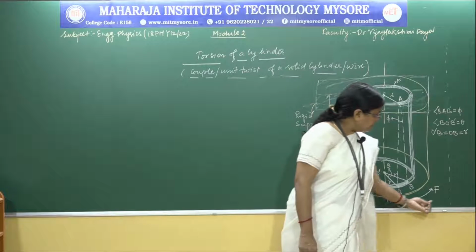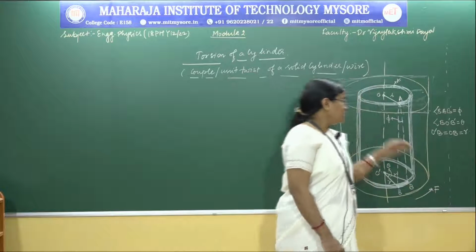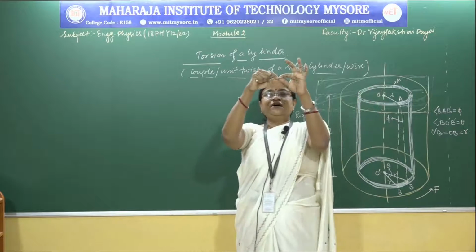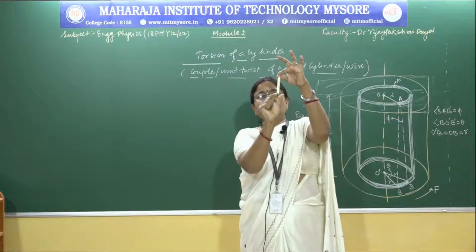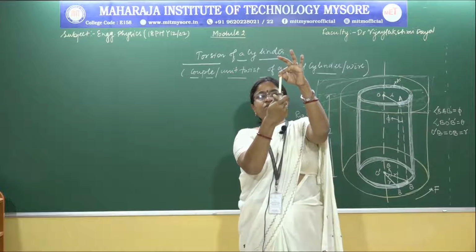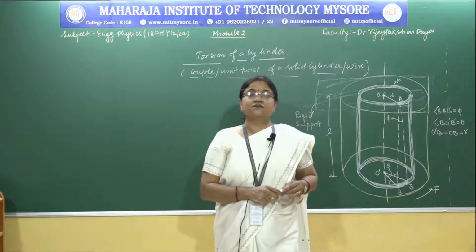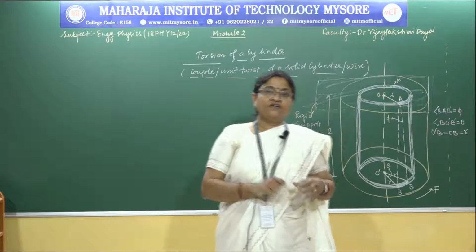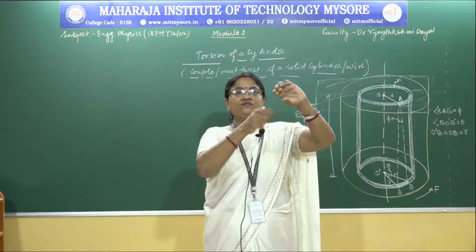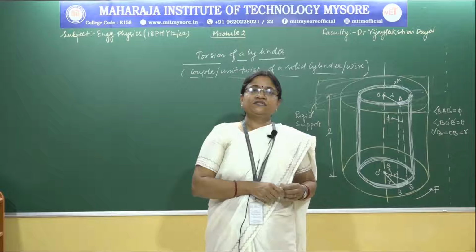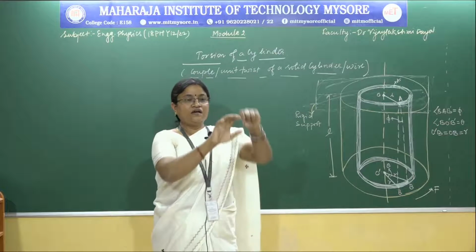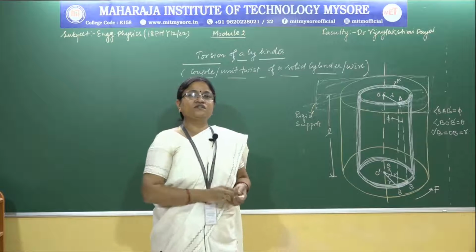Now if we apply a force in the angular direction, with the upper end fixed, what will happen? A twist will be produced in the cylindrical structure. It is similar to when we take water out of a cloth: we apply an angular force, and you can see the twist in the cloth as the water comes out. That is what a twist is.